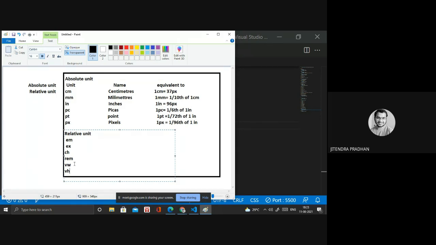Okay, and view height: if you require something like view height, and you give that 100% according to your device height, it will change according to that. So, a view height and width example: if you are designing any particular registration form or login form, then you can use view width and view height according to the device, and it will change according to that. Okay, so these are the units in our CSS.